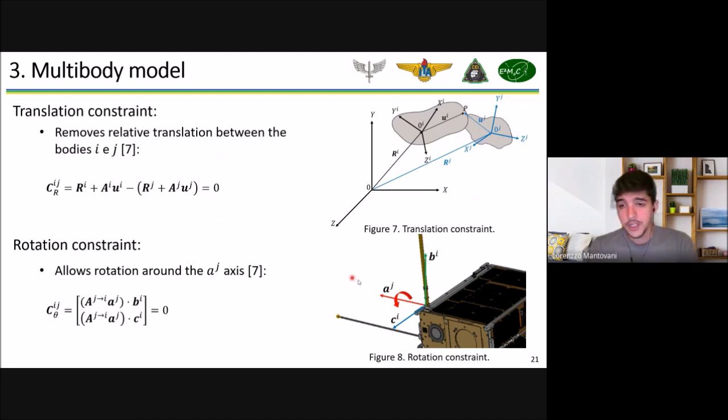And for rotation in the sport boom's case, this boom here is initially parallel to the satellite side, and once it's in orbit, it will deploy, so it will rotate near 90 degrees and will be in this final position. So it can rotate around one of its axes, the axis A, and it will not rotate about B and C, so we need to constrain just two degrees of freedom, B and C, and for that we can use this equation here.